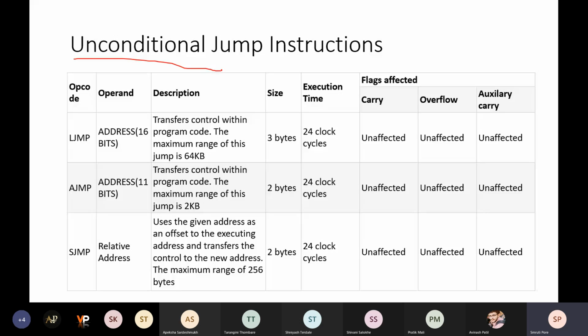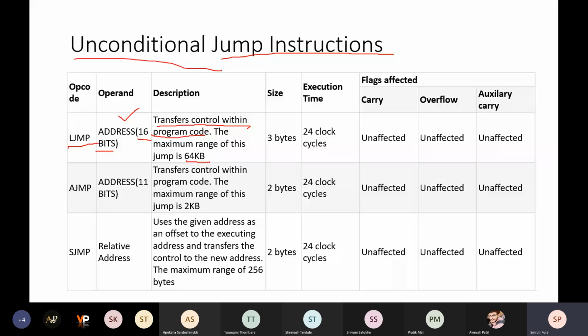What are the different unconditional jumps? First one is L jump, long jump. In the long jump, you are giving the 16-bit address. It transfers control within the program code and the maximum range is 64 kilobytes.